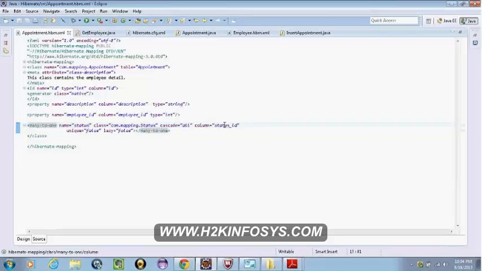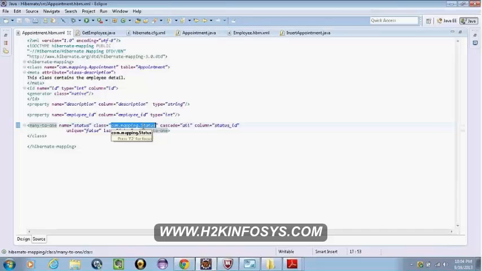Okay. Not primary or foreign key. So status ID is not primary or foreign key here? It's totally different, it's associated.